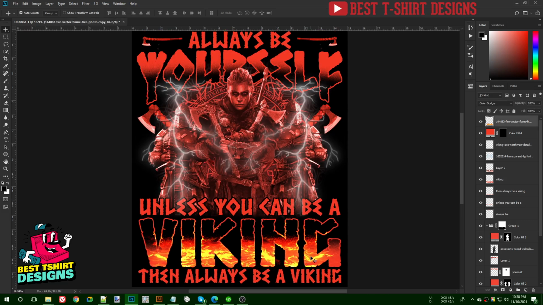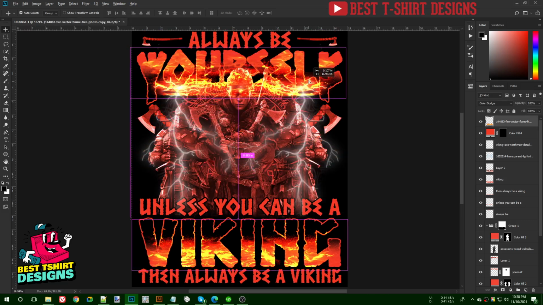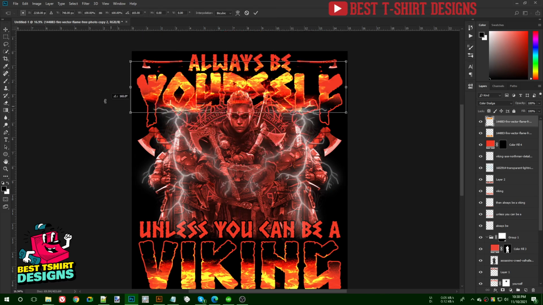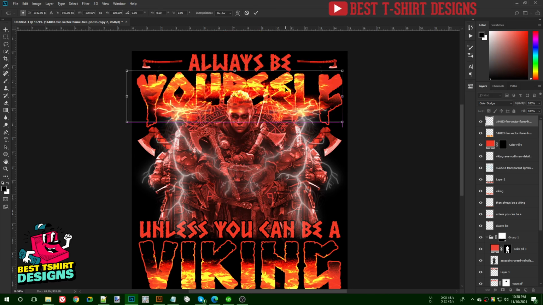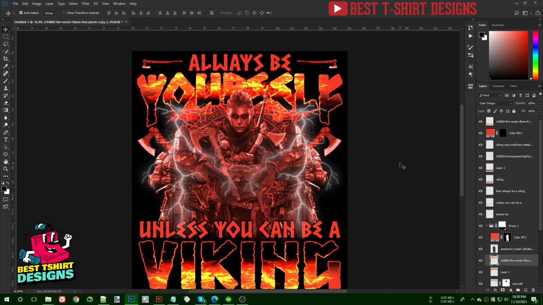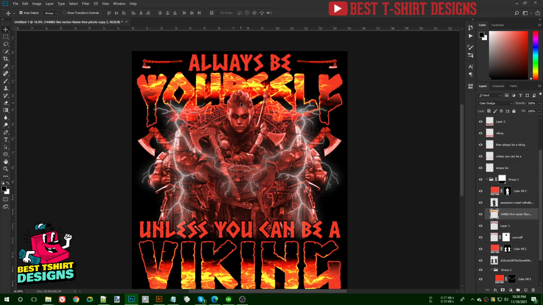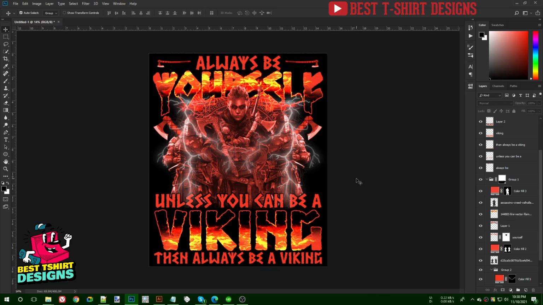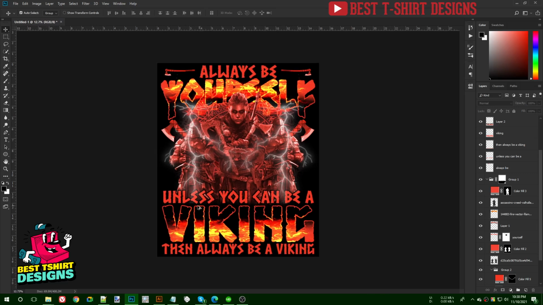So I am going to select this shape, then I will bring a copy of that just here, right click, sorry, Control T for transform. I'm going to move it in the opposite direction, place it here, but this one I want to place inside this group and just on top of this Viking text, you can see here. So it is going to be in the background of this lady here, but on top of that text. So this is how you can do it, and of course for the rest of the text we can do something similar. So I'm not going to take any more of your time, guys.